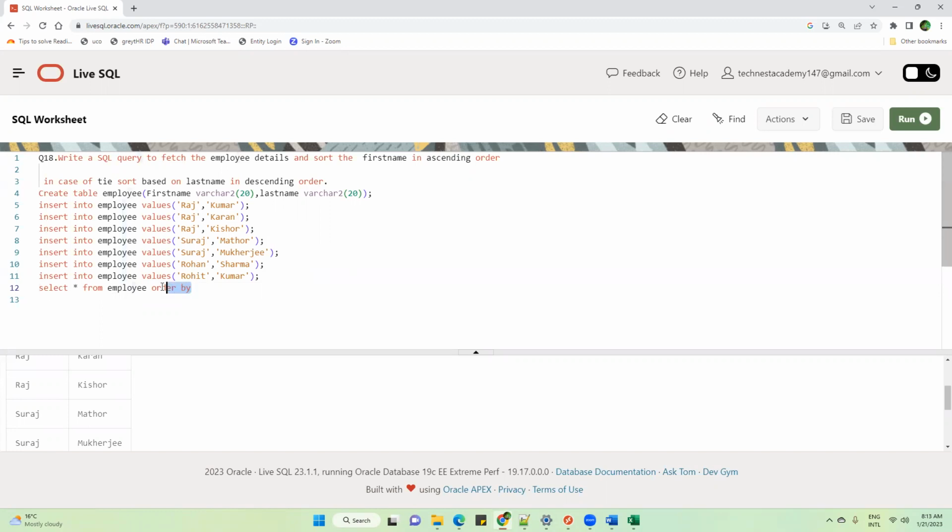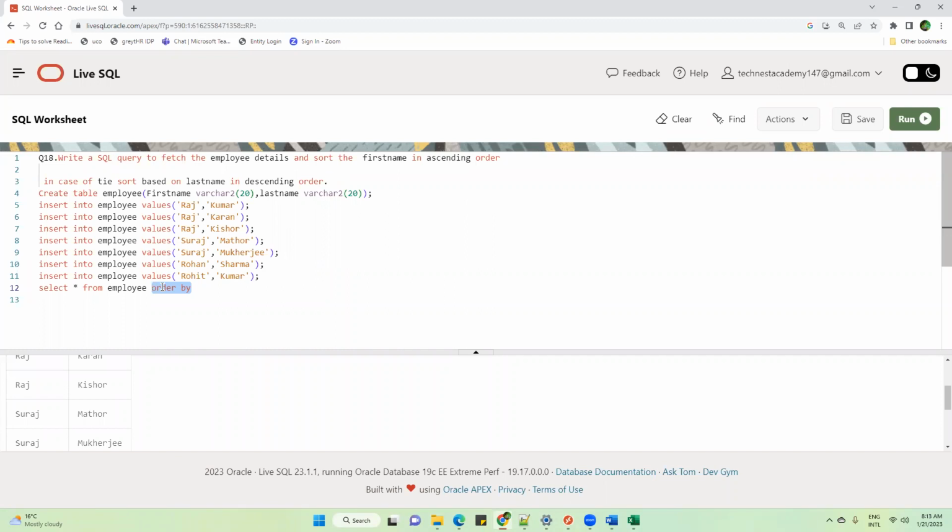The moment you write order by, the SQL engine will understand that the user wants it to sort the result. Now guys, it is very important to understand things from the engine's perspective, how each and every keyword is executed. This will help you in writing complex queries. Order by is a reserved keyword.